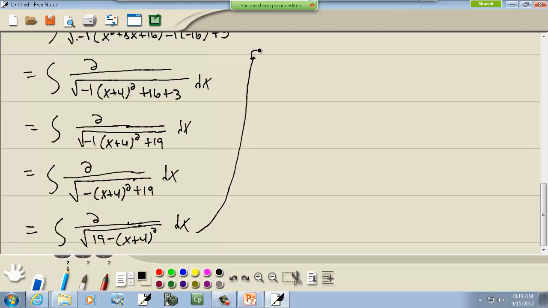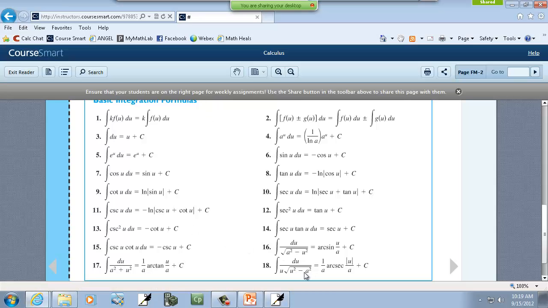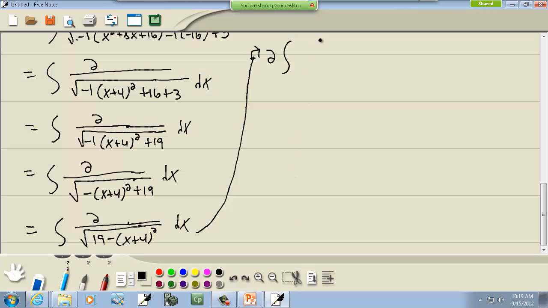Yeah, I can probably do it here. I probably have enough room. The 2 I'm going to go ahead and bring out in front. I don't need a 2 in there. The formula doesn't have 2 in there anywhere. But I do need this as a squared. So I'm going to rewrite the 19 as the square root of 19 squared minus x plus 4 squared